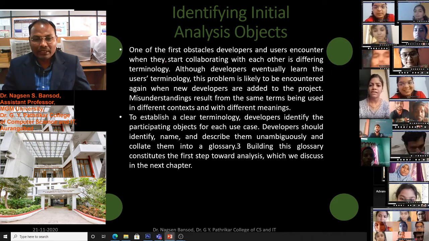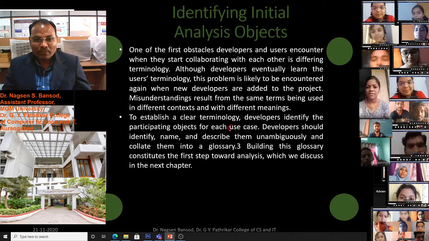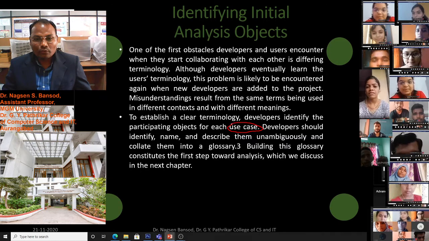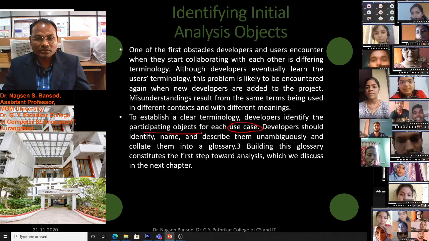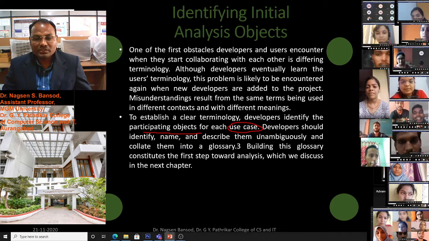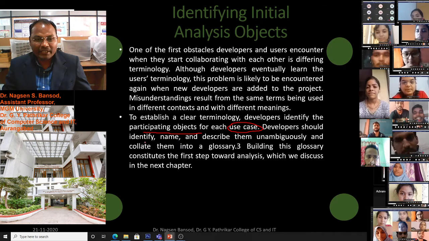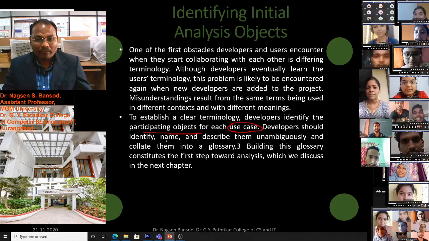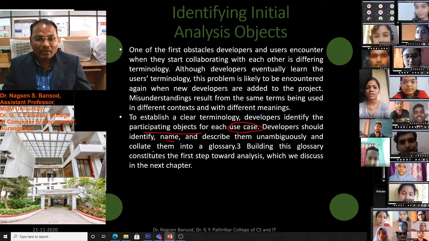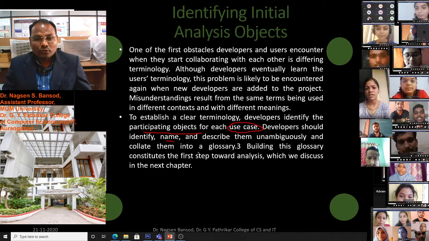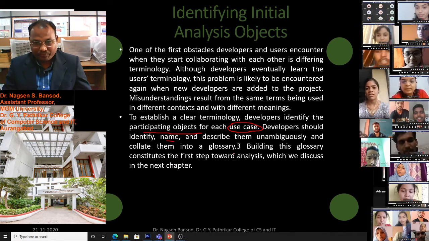We know the use cases till date, but now we have to find the objects for each participant for each use case. Developers should identify, name and describe them unambiguously and collate them into a glossary.